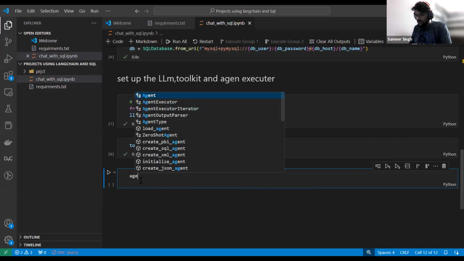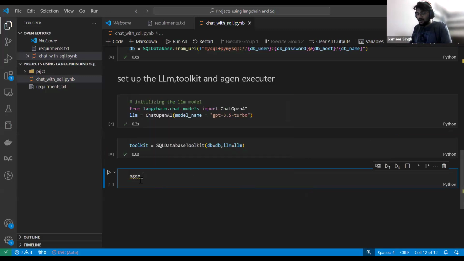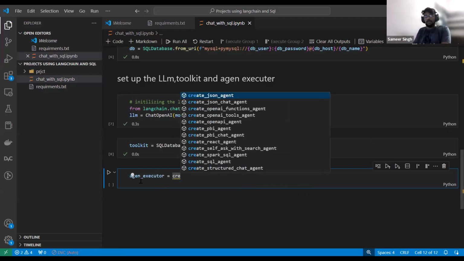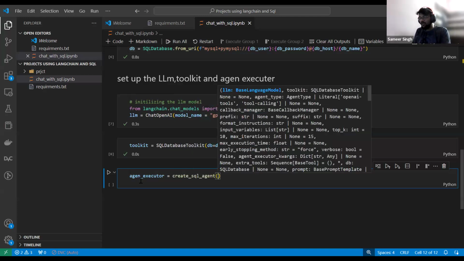So I'll say agent executor, right? And we have something called create SQL agent, I think. Here we have the create SQL agent.